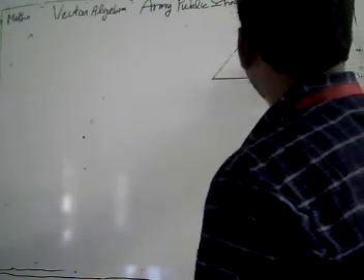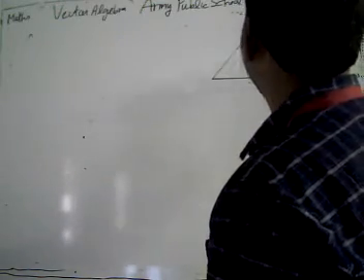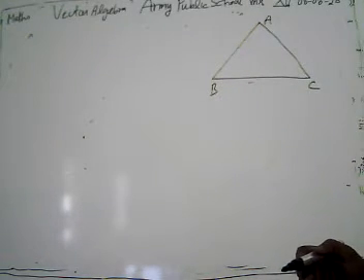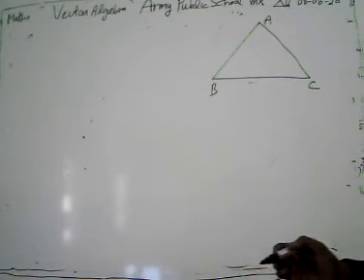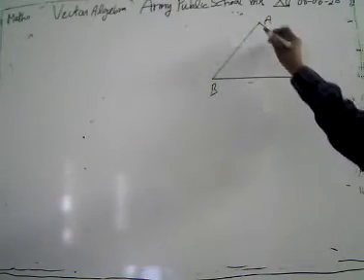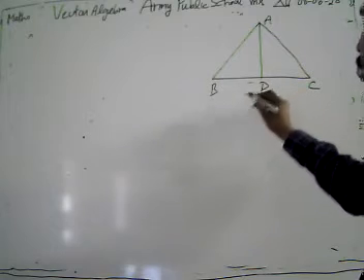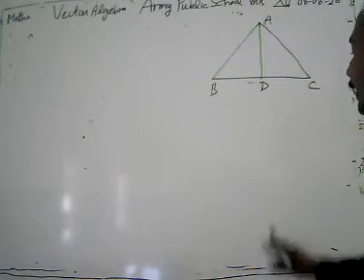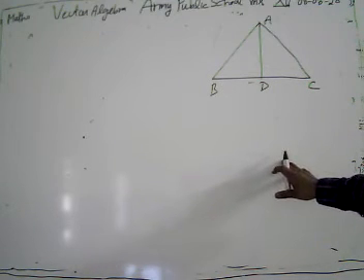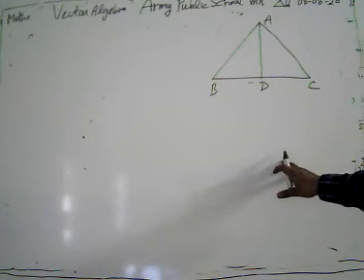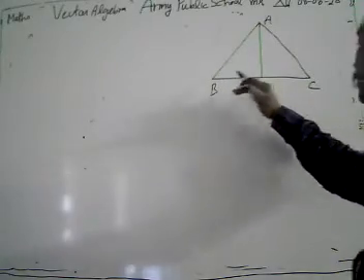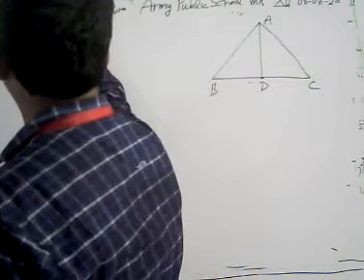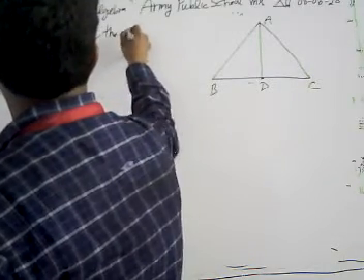Look, we have taken an isosceles triangle A, B, C. Again, I am going to read our statement. Prove that the median to the base, meaning we have to take AD here, to the base of an isosceles triangle is perpendicular to the base. What do we have to prove here? This is our base BC and this is our median. What do we have to show?